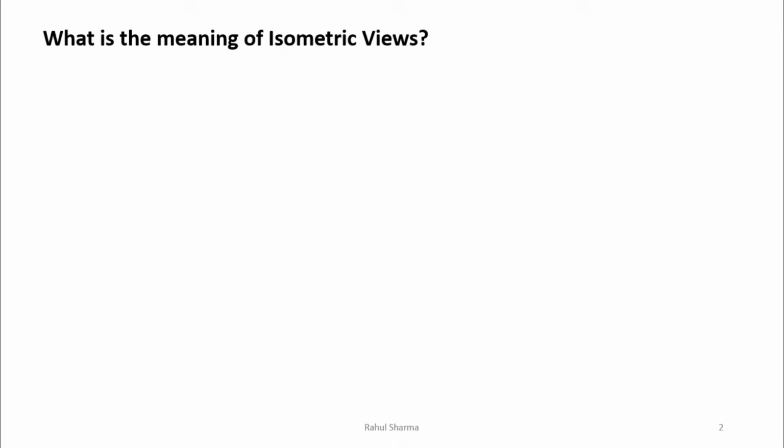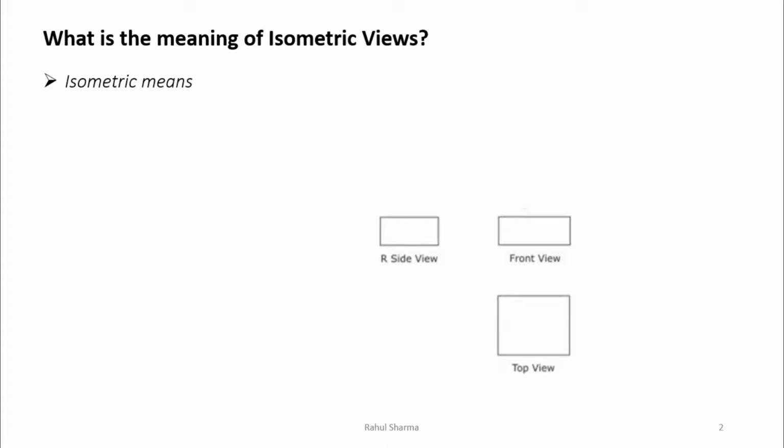So first, what is the meaning of this word isometric? Isometric means actually an object in which we have one diagram to explain the complete object. If I talk about the orthographic projection, if you remember, in orthographic projection we have drawn the front view, top view and side view. The three views we have drawn separately. This was the front view for our object, this is the top view, and this is the side view. I have taken an object as a square prism, like that, or square box.